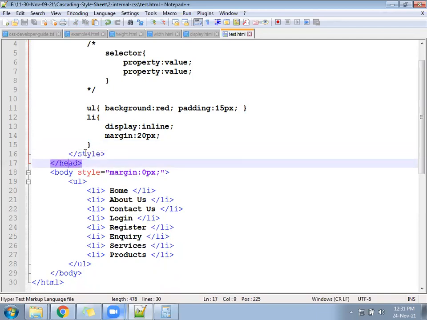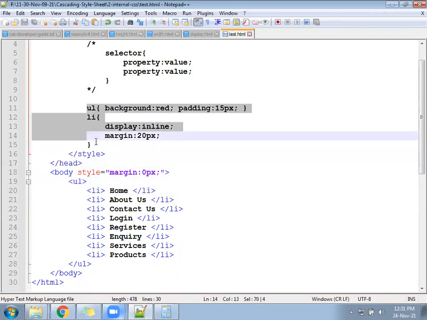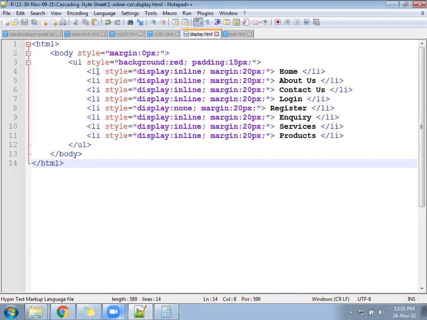Suppose, for example, li is here, ul li is here, and CSS is here. There is a little distance. Assume you are in Bangalore and one friend is in Hyderabad. Look into the previous example: this is the li, and along with the li there is a CSS. Another friend stays with you only, in Bangalore. Now, two scenarios: one friend is in Hyderabad, another friend stays with you.